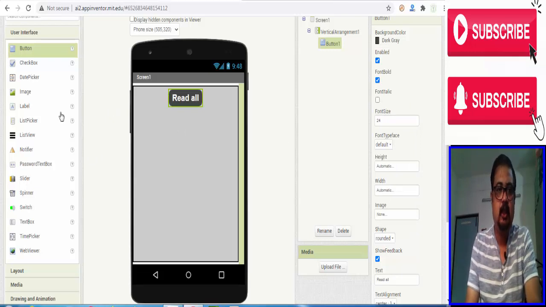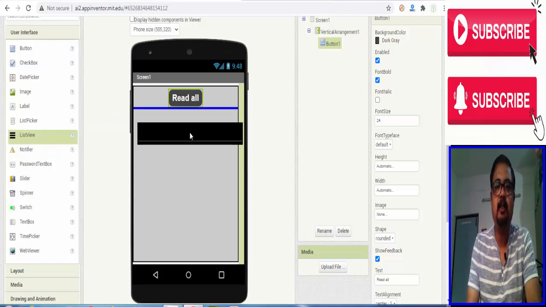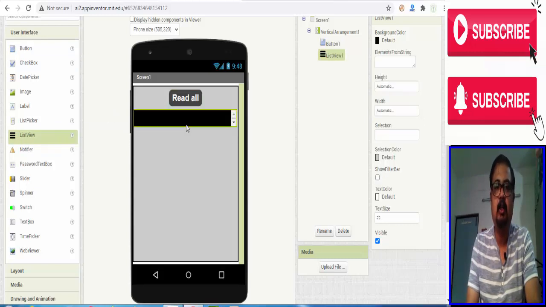And now another thing we need is a list view, because when we press this Read All button, all the data is fetched from the Google Sheet, made into a list, and displayed in the list view. So the list view settings we have to do again.